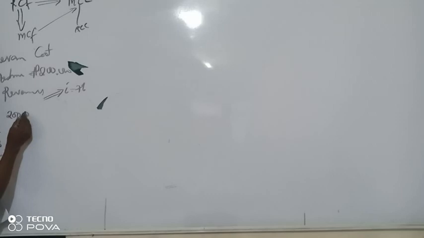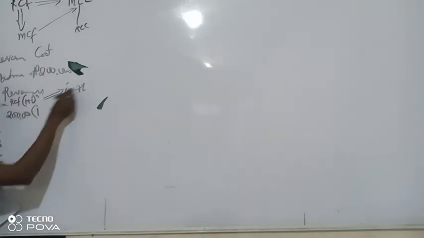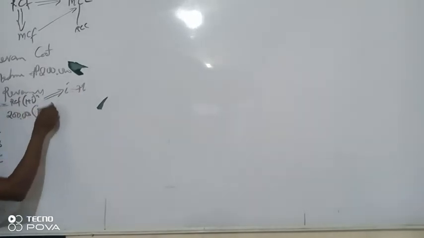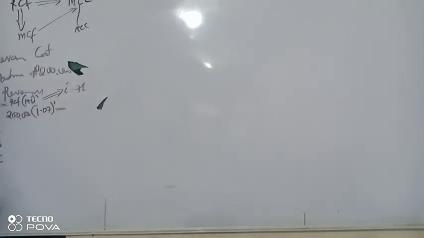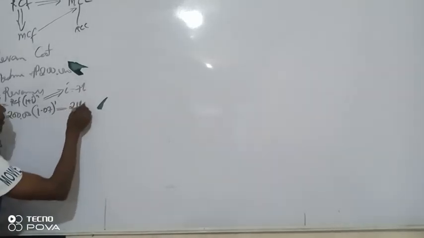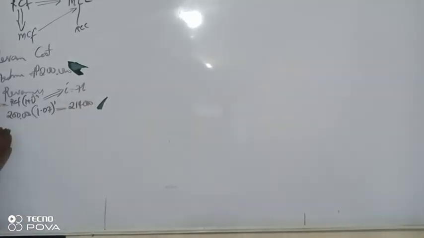200,000. Just apply your formula. If this is real, our formula should be real cash flow times (1 plus inflation) to the power n. That's our money cash flow, equal to real cash flow. What's the inflation rate now? 7%, so 1.07. Year 1 is power 1. That's our money cash flow: 214,000.